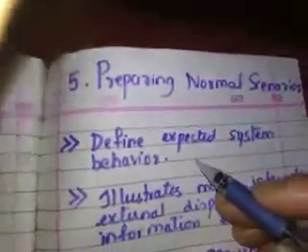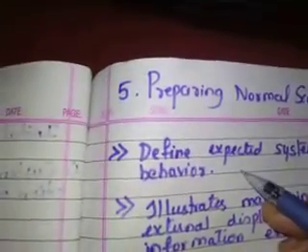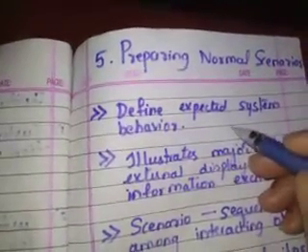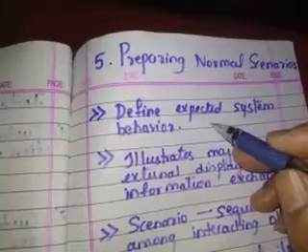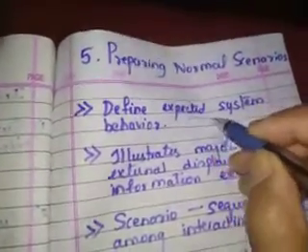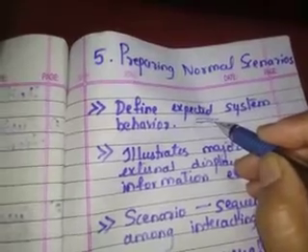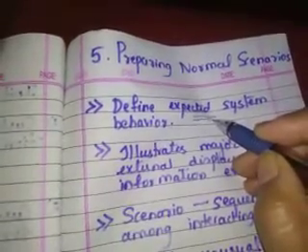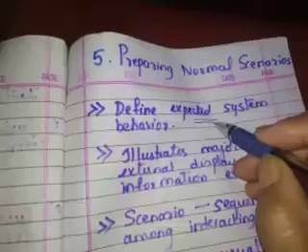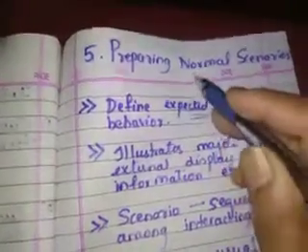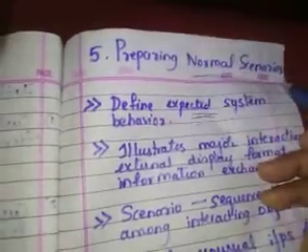The next step is preparing the normal scenario. That is, we are explaining those sequences of events that will happen in a normal scenario. We are excluding the unexpected behaviors. We are just defining what is expected correct behavior. We are not bothered about the errors that may happen or the unexpected behavior of the customers. We are just explaining the normal scenario.